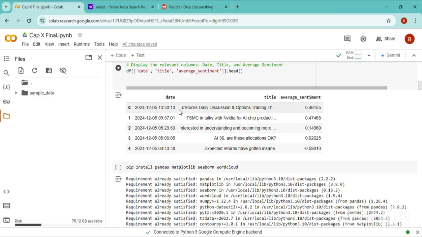I guess it's network issues. It will take a lot of time to run each and every cell, so I am skipping that. I hope you can understand it. This was one data set that consists of date, title, and an average sentiment. This date is common, that would be available in this also,